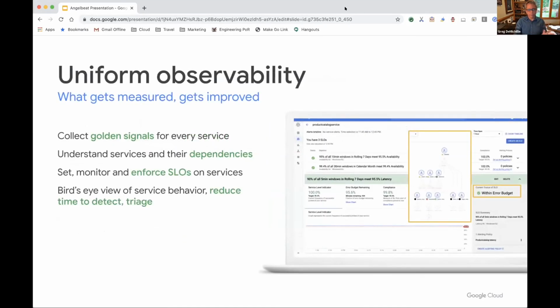It gives you the ability to immediately get critical data on your applications, like performance data. Immediately you can get a dependency graph of your services, which is something that many organizations struggle with. It allows you to create SLOs and SLAs and error budgets and to track how well you're doing on those. So immediately, even if you're not running in three different places, even if you're only in one place, Anthos immediately gives you the ability from an